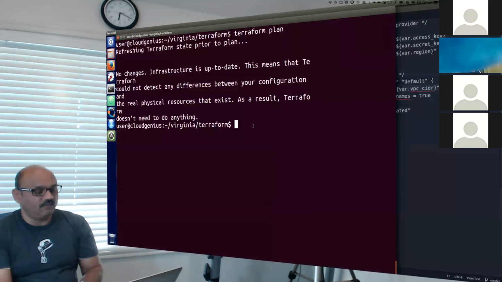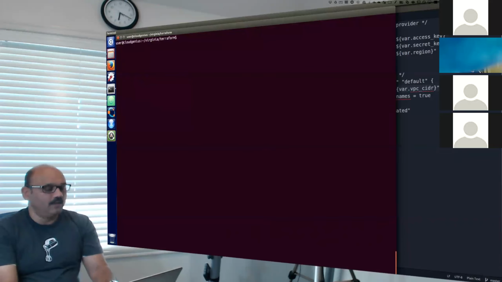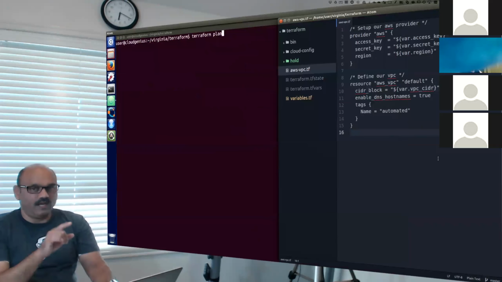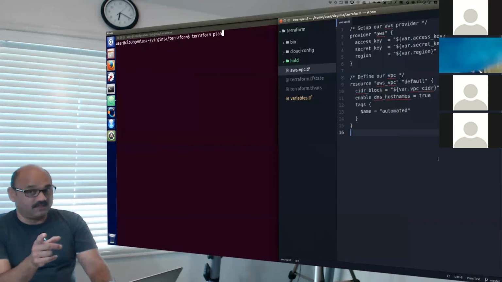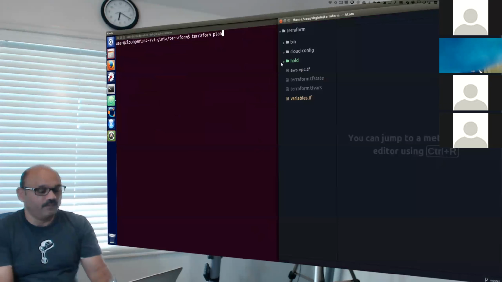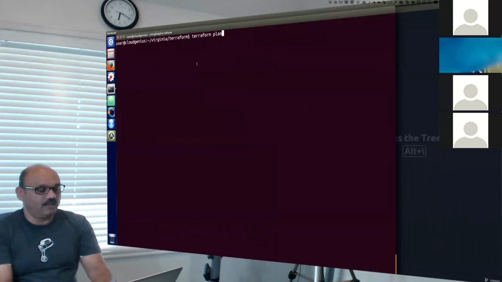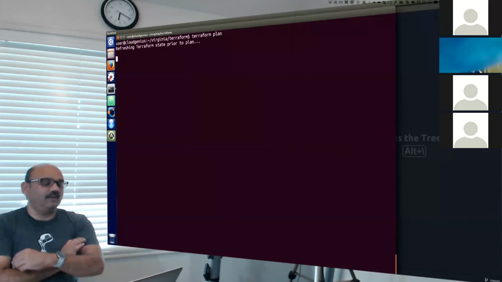Which means in our Terraform plan, we just examine, hey, tell me what my plan is going to be for the content that I have now defined, which is just this one file added called the aws-vpc.tf file, which defines, hey, please create a VPC. That's it, nothing else. That was that file that I moved back from Horde into this location, which is now available to Terraform. So our plan should be something interesting this time.